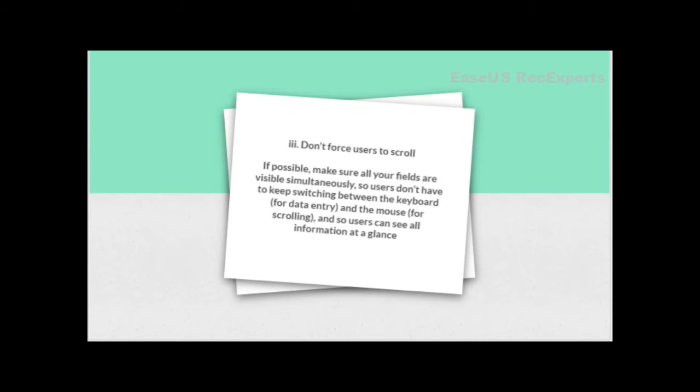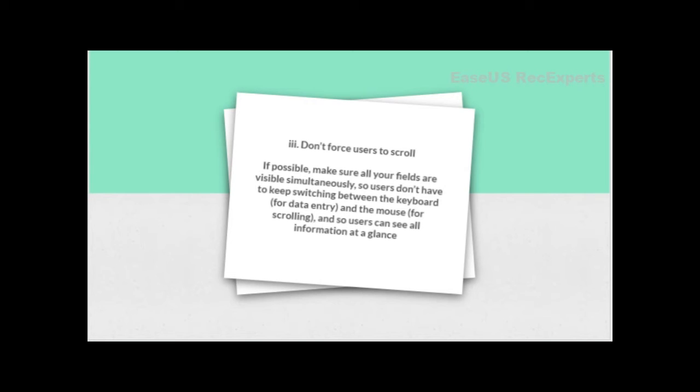Next is don't clutter. Space fields on the screen so the user can easily spot the field they need to edit. Proper space should be provided. The data should not be merging into each other, so it will become hard for the user to identify which field she needs to edit. So do not clutter.